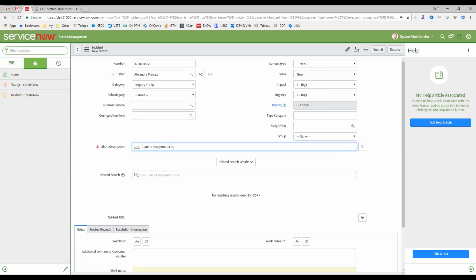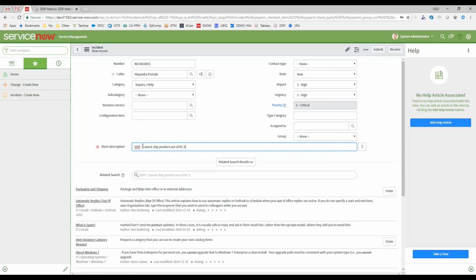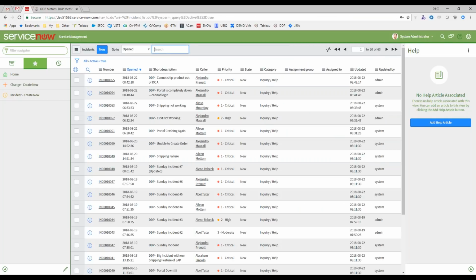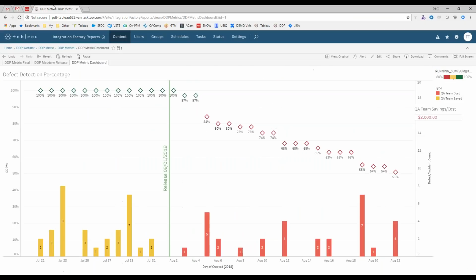cannot ship product out of distribution center A. Maybe they're using an ERP system and they can't, availability to check or commitment doesn't work. So they're logging this, an incident comes in, submitting. TaskTop recognizes artifact created, ServiceNow, moving data into a centralized data store. Okay, that's moved over. So this is updating in real time, the DDP,